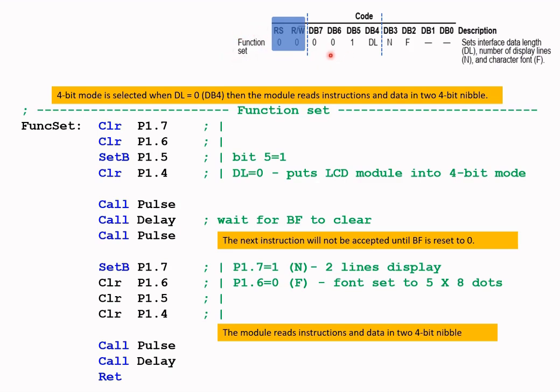Because we are operating in 4-bit mode, we need to send the data or instructions in two 4-bit nibbles. The high nibble will settle this instruction here, and the low nibble will take care of